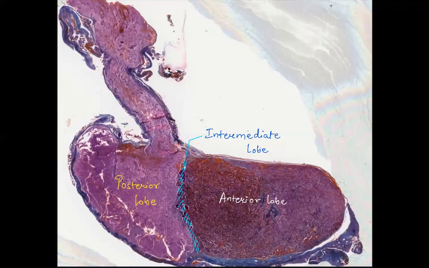A deficiency of this hormone vasopressin causes diabetes insipidus. Now, the term diabetes is synonymous with the condition that is frequent urination. Insipid means tasteless. Now here, there is formation of copious volumes of urine, extremely large volumes of urine, because there is no retention or reduced retention of water or reduced reabsorption of water from the DCT and the collecting duct on account of under secretion of ADH. So the person suffers from frequent urination, frequent thirst, and the urine being very dilute is tasteless, and that is why the name diabetes insipidus.